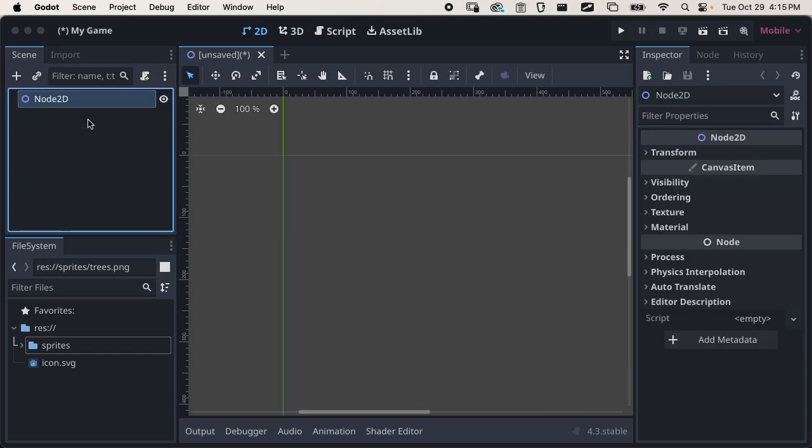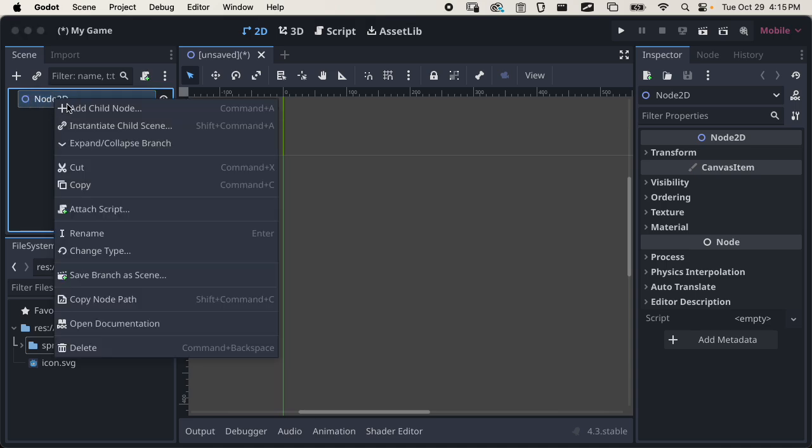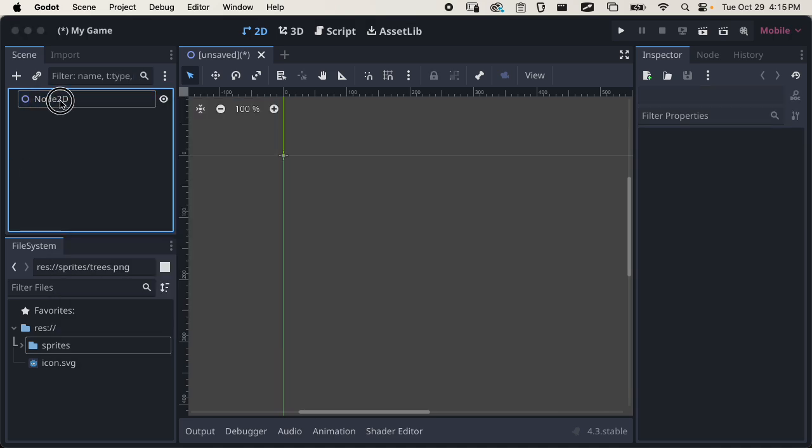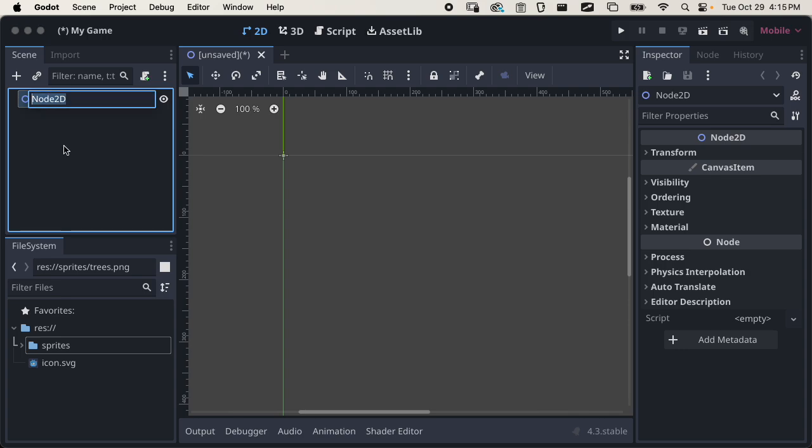For my root node, I'm going to choose a 2D scene, and I'm going to rename this. To rename a node, I can just double click on it, or I can right click and click rename, or if it's selected, I can just hit enter on the keyboard. And I'm going to call this level 1,